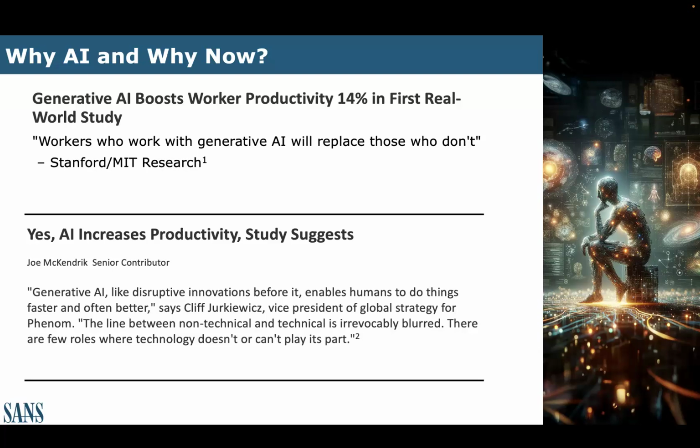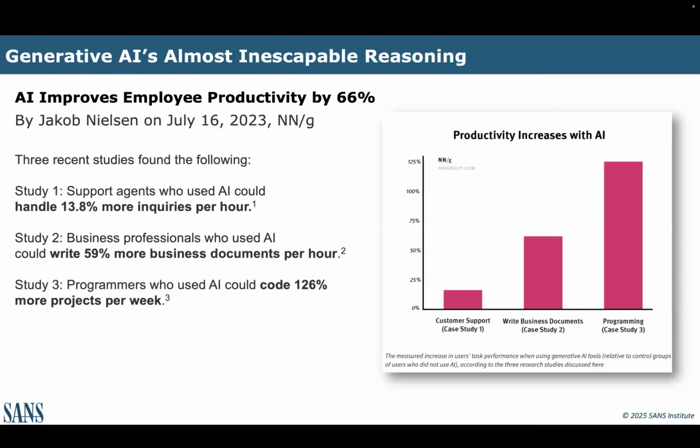Sure, it's magic and it's neat and it can come up with great recipes for chocolate chip cookies, but really it's about productivity. Study after study has shown some version of this story where if you're doing this job, you can get this percentage increase in productivity. It might all be a little bit of BS, honestly. I don't know that I love numbers that try to quantify something so complex. But when you start floating around numbers, I've been in technology for about 35 years.